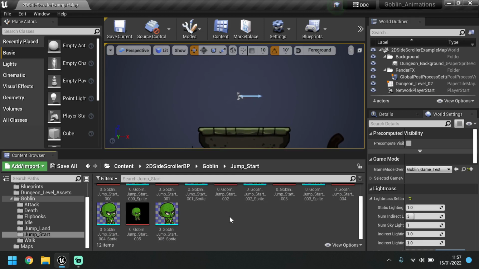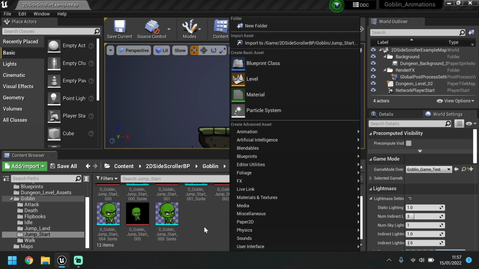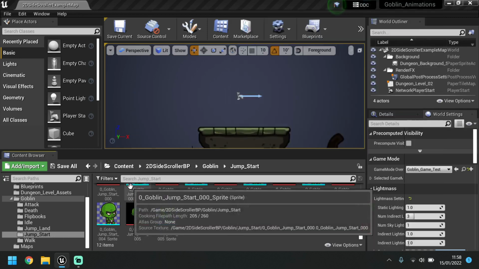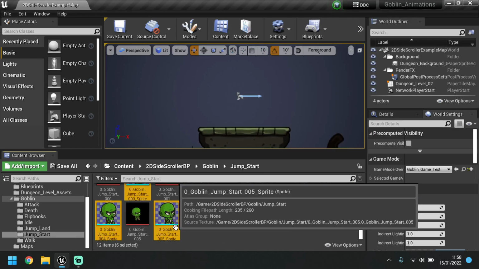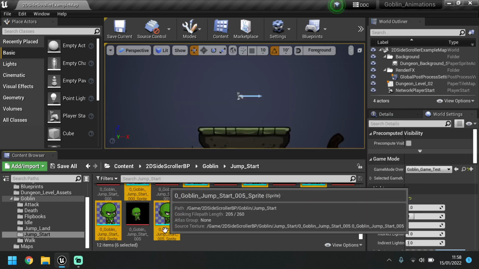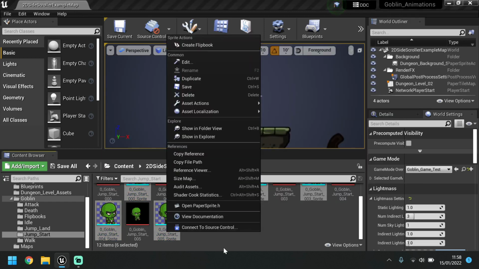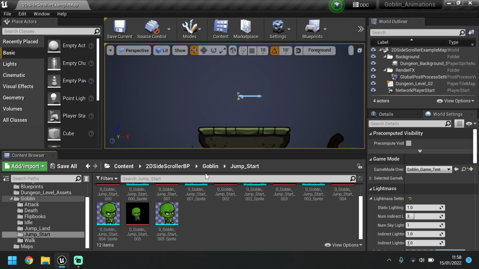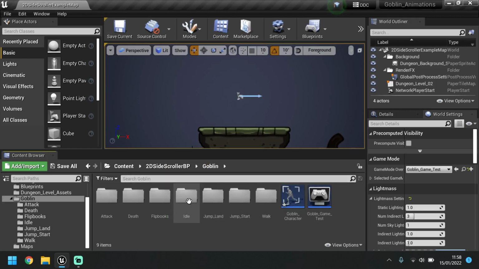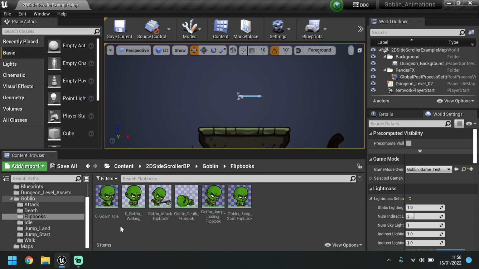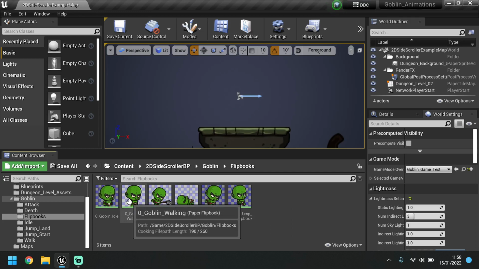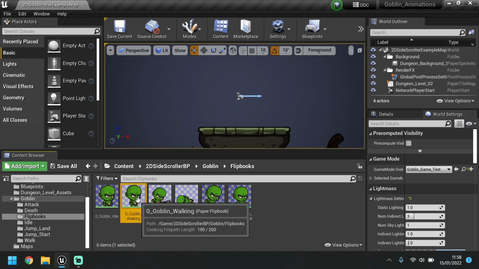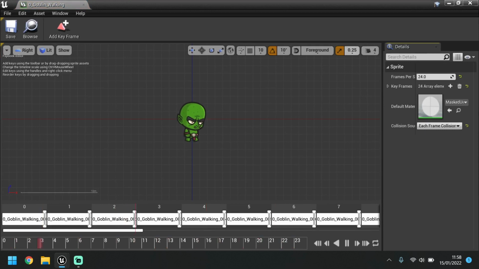Just if you are unsure, once you've got them separated up like this, once they're set into sprites, you can go through and select the sprites, not just the images, and create flipbook, and that will create you a flipbook. I've done that for all of these, and then just gone into the flipbooks folder and put the actual flipbooks into here. So we've got the idle, which you should already have, the walk, which if I just open, it's the walk,